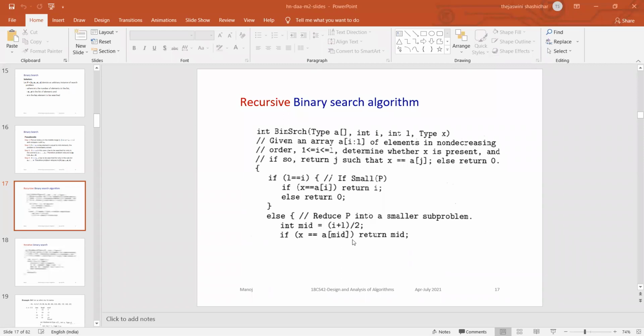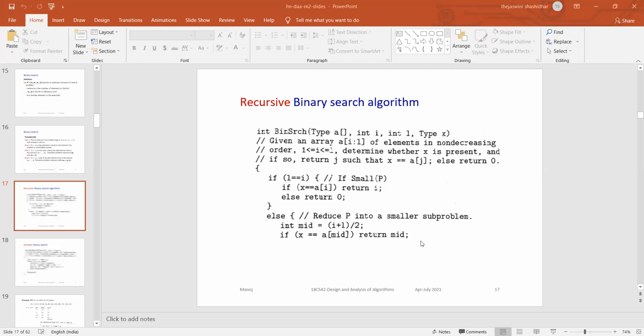So now you tell what is the condition to divide the problem into subproblems. When you divide the problem into subproblems, you have to tell the condition.